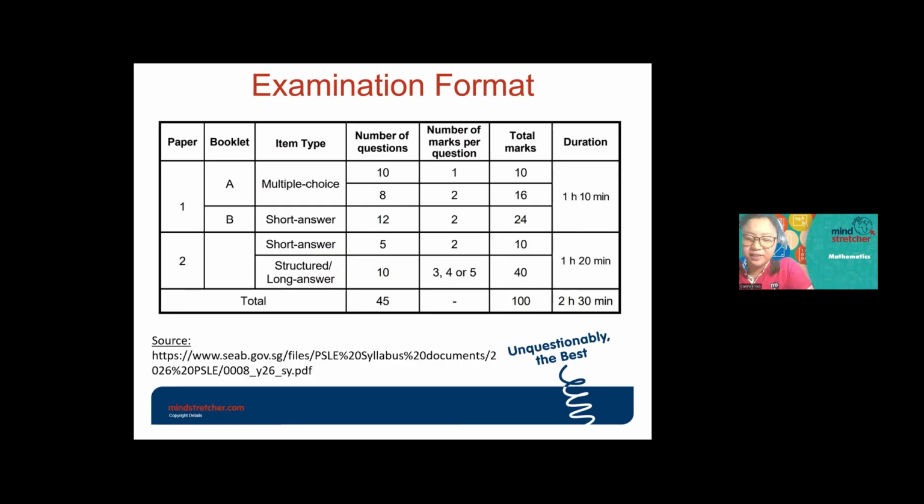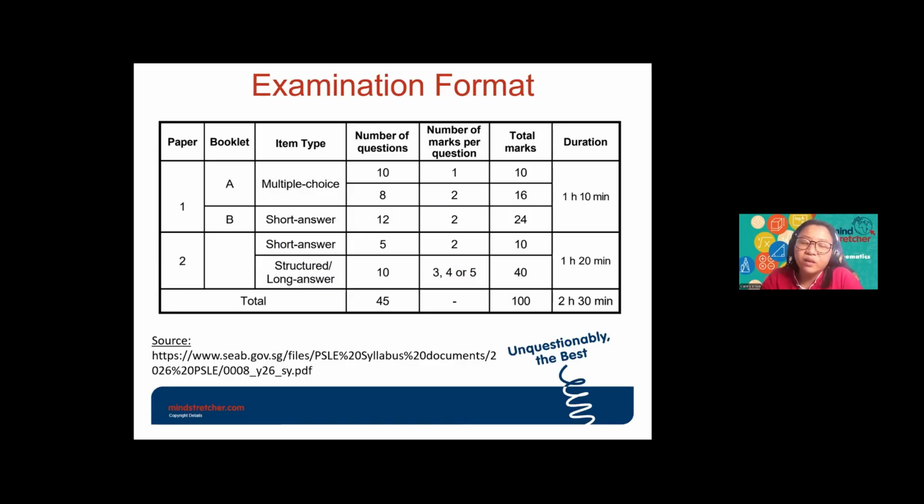Since the units are given to you, you need to make sure that you are answering in the correct unit. For example, if the unit given to you is in km, then you need to make sure that when you are doing your calculation, you give your final answer in km also. You cannot give your answer in cm or meter. It must be the same as the unit given to you. You cannot cross out the unit and write cm, or cross out the unit and write meter. No. If they give you km, it means your answer must be in km.